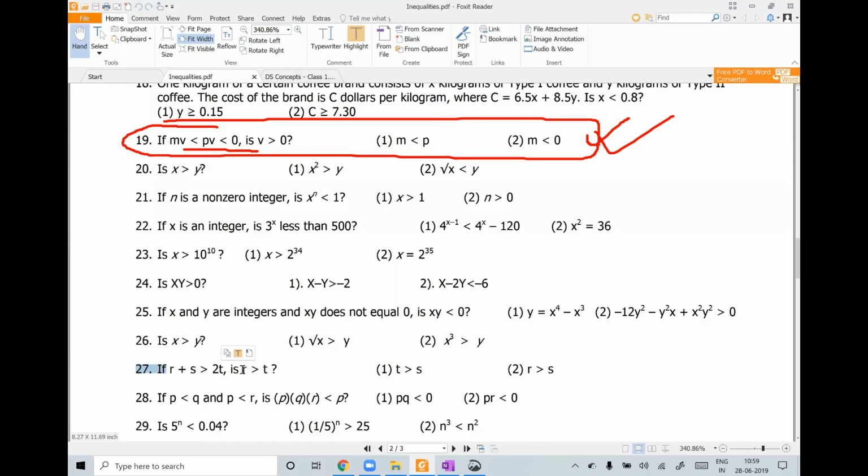Your brain should automatically function in such a way that you think how to use this particular information while you are solving the statement. So the question should be read very properly. See whether it's a direct question or some information is given to you. If it is given, please use it. Let's say I ask you to solve question number 21. It's a direct question to you. The information given is that n is a non-zero integer. It means that n is not equal to 0 and n is an integer. And the question is: is x to the power n less than 1? Try solving number 21. It's an easy one.